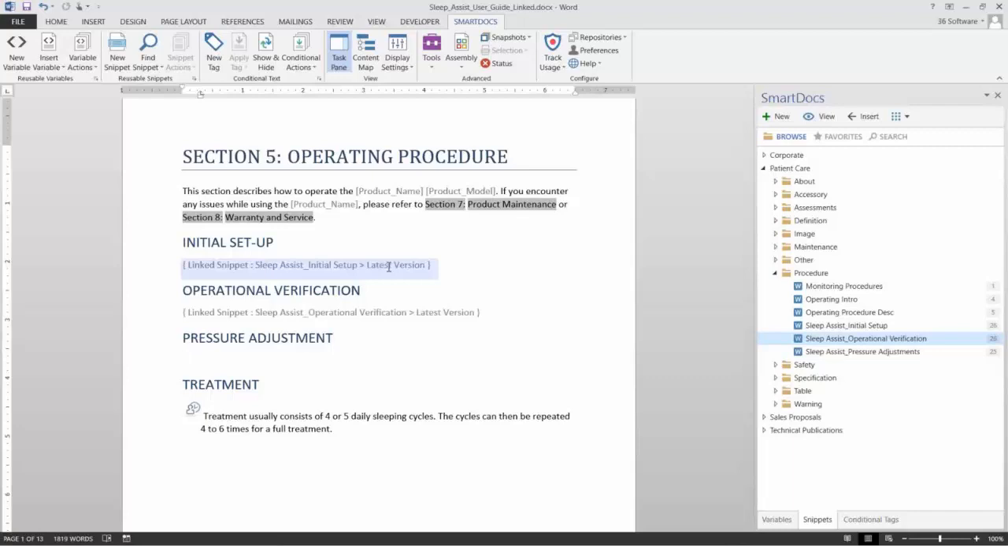So SmartDocs will ensure, based on this link, which reads latest version, that the current version, the latest version of the snippet gets inserted no matter what. But let's say I want the current version, and if someone were to update it between now and a month from now when I publish this document, I don't want it to change. I don't want the updated version. I want this specific version. So I can do that from here. So if I select this snippet here from our task pane,